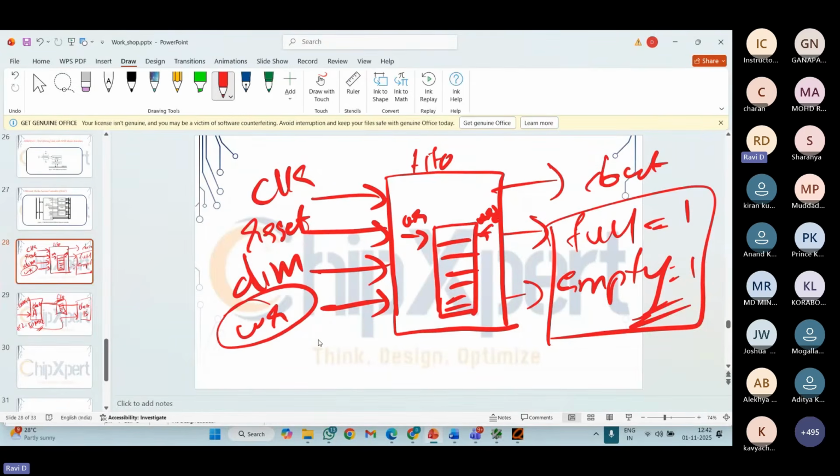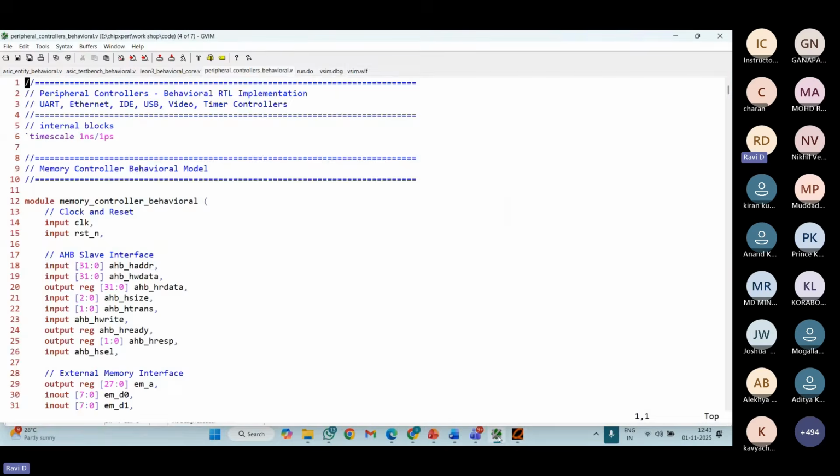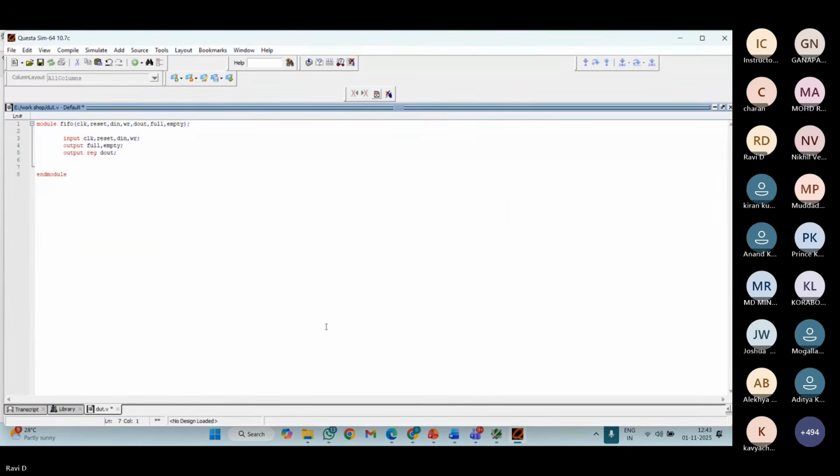Before going into that, what I need to do is create the internal signals. So these were the outermost signals: full, empty, D out, reset, D in, write enable, read enable signals are the external signals. I have a few internal signals. So what are the internal signals I have? I have a memory block, write pointer and read pointer. So I'm going to write my internal signals.